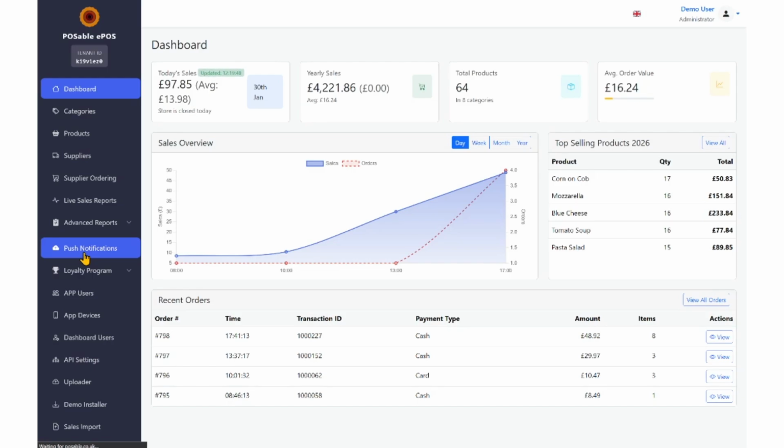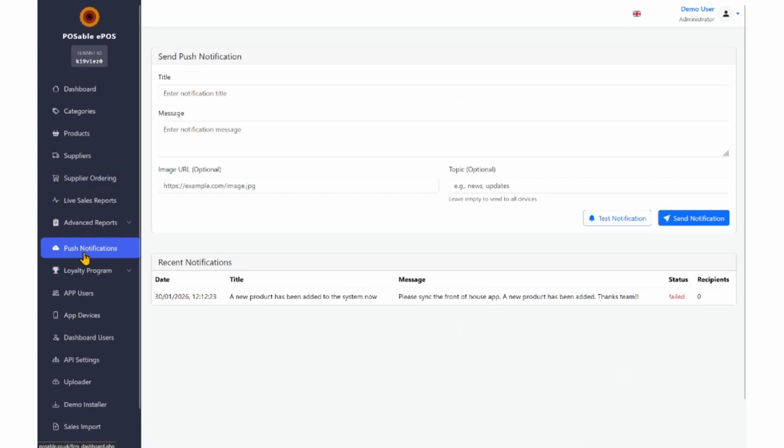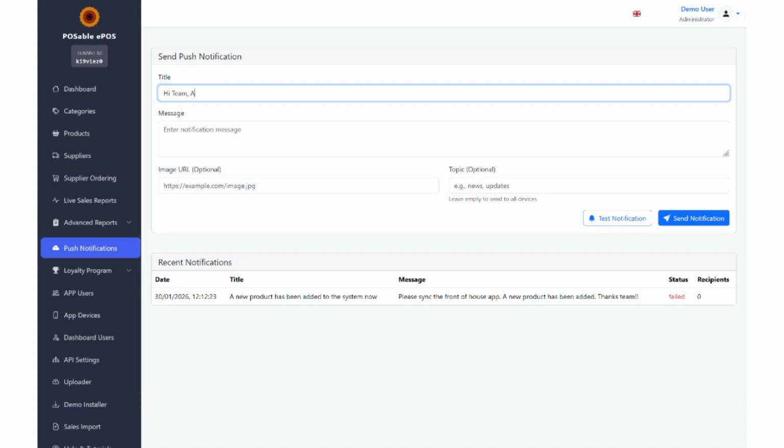Notifications can be used to convey a variety of updates, including, but not limited to, addition of new products to the system, availability of seasonal categories and products such as Christmas items, price adjustments for specific products, creation of new customer loyalty offers or promotions. Once sent, these messages will be displayed on the shop floor devices until they are dismissed by